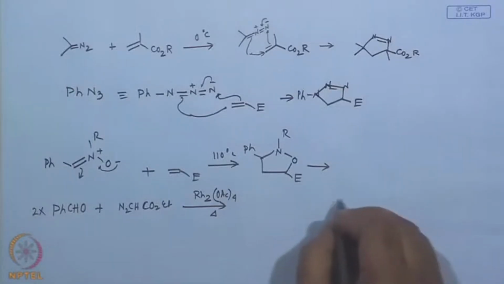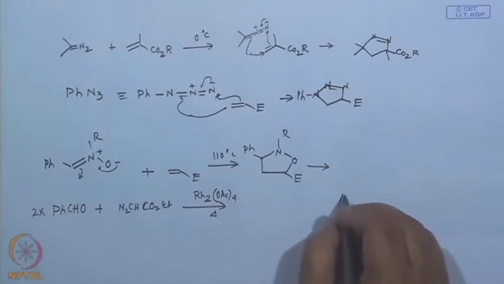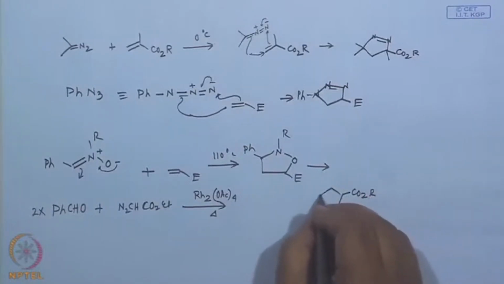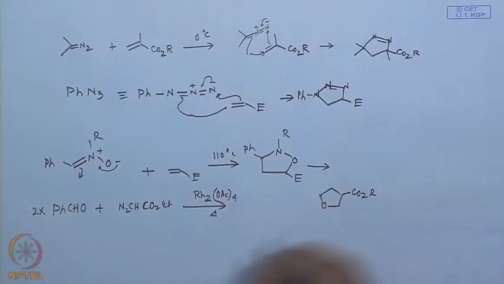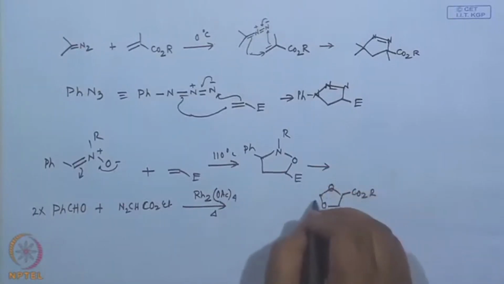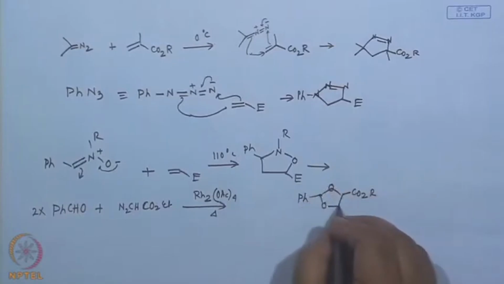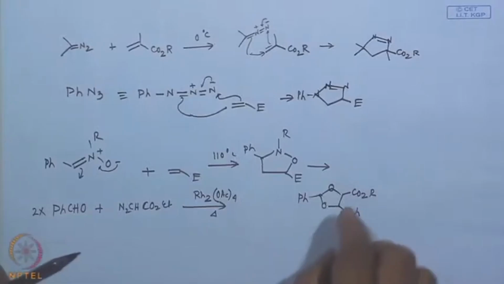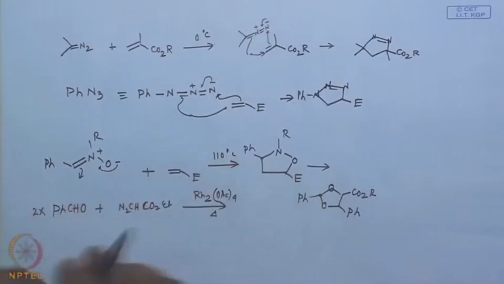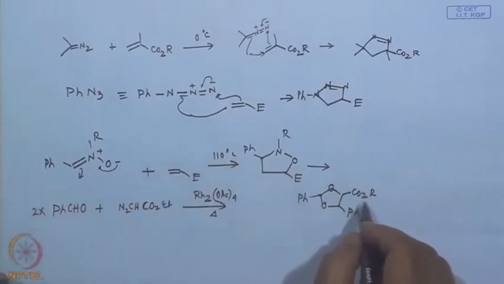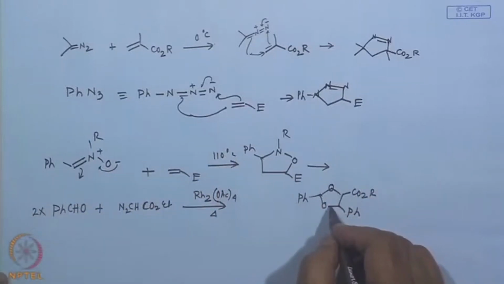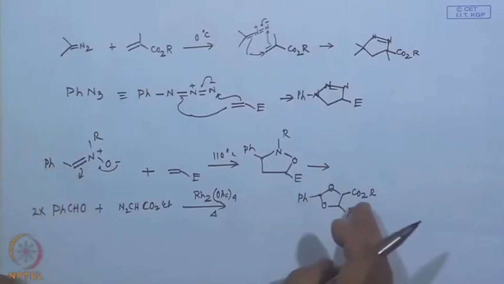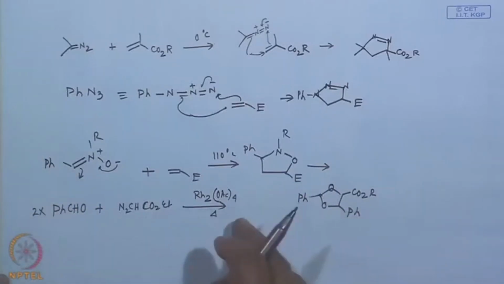What you will see, the product here is a very interesting product. It is a ketal, with phenyl here and phenyl here, and phenyl here. Suppose you did not know this method, then for the preparation of this sort of ketal, what you would have done? You would have taken a diol and then benzaldehyde, and that is the conventional one. But that requires acid. But in this case, it is a somewhat neutral reaction medium,